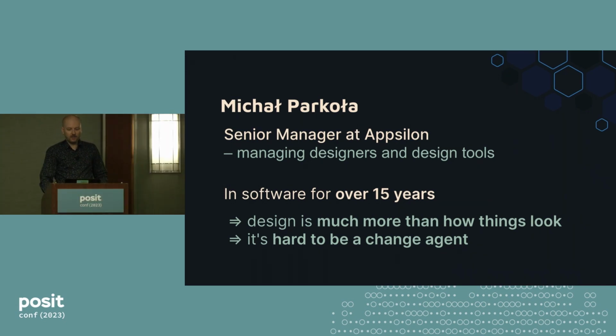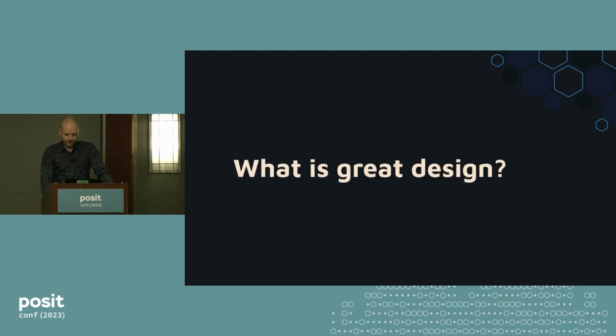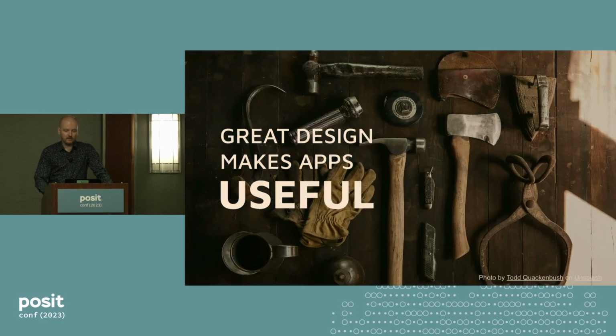But first of all, it's good to start with answering the question, what is great design? Because design is a very general word. Many people have different ideas about what it means exactly. So the first thing is to clarify what we mean by great design in our context. First of all, our assumption is that great design makes apps useful for a particular type of person, for a particular application, solving an important problem for them in their particular context. So number one trait or result of great design is usefulness.